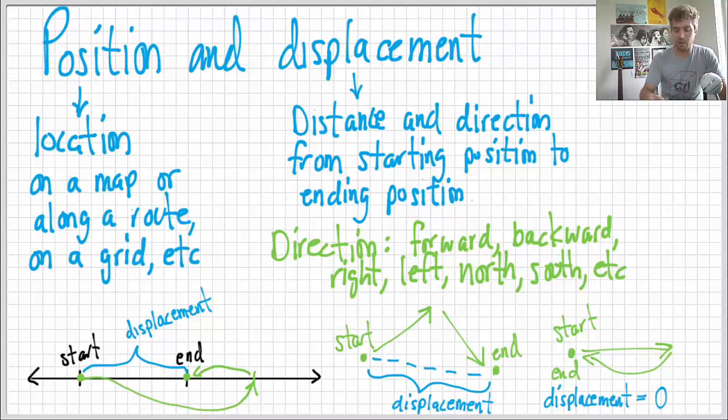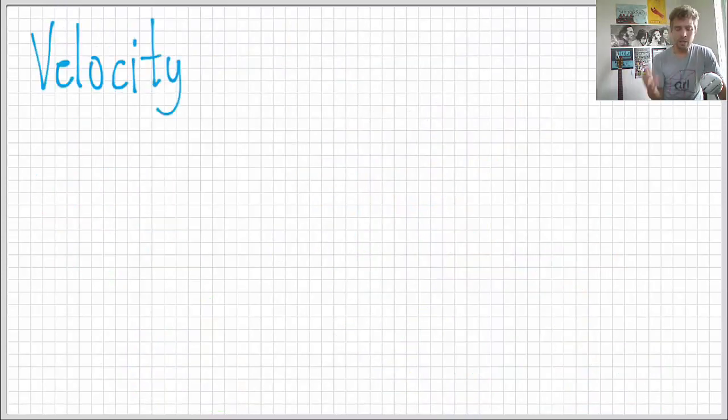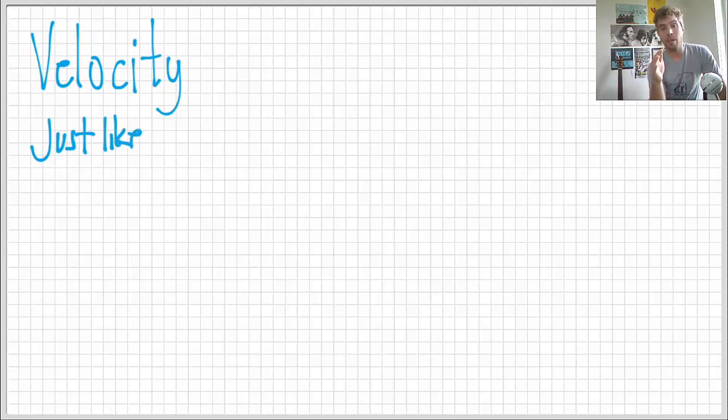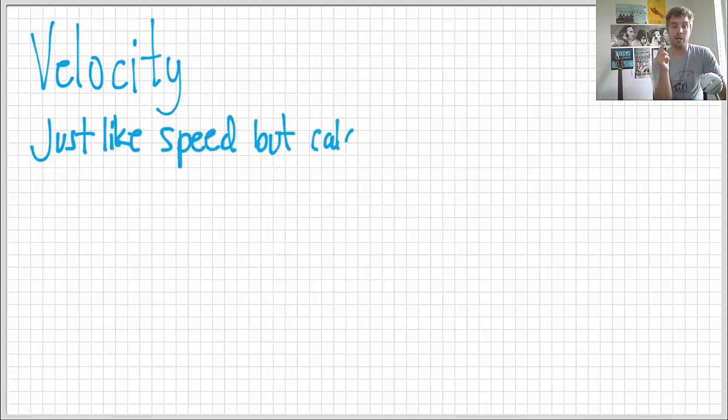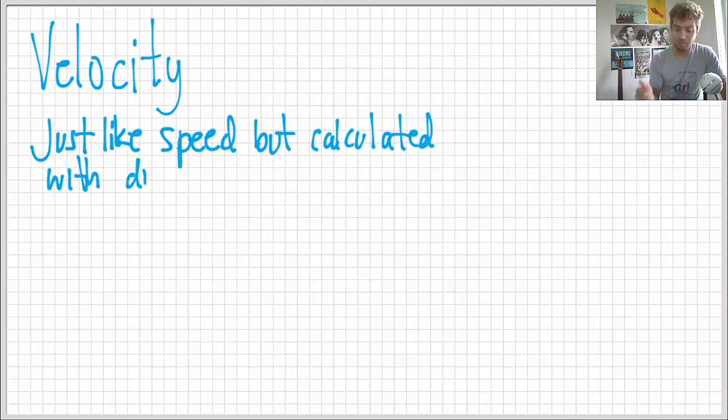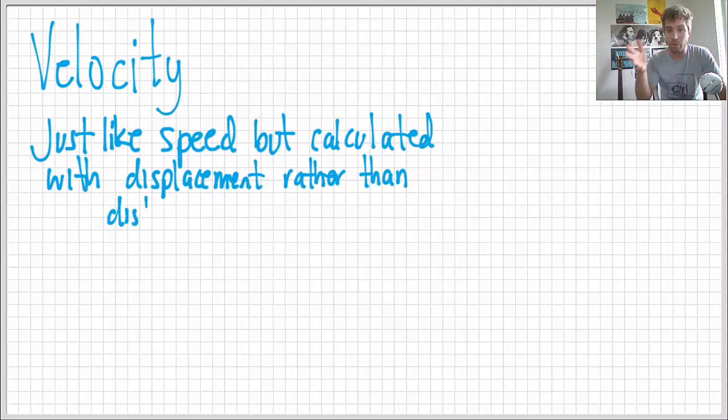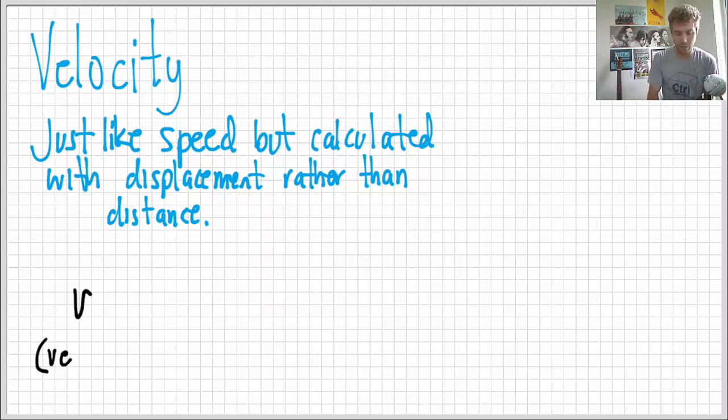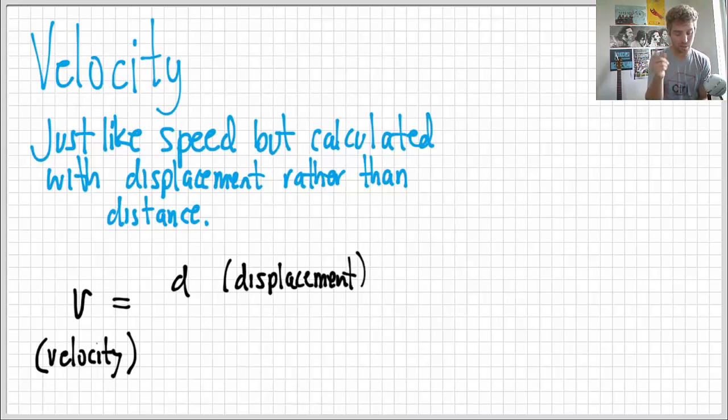So now we can talk about velocity. Velocity is easy. Once you've covered speed and displacement, velocity is really easy because it's exactly like speed. It's distance over time, but instead of using distance, we use displacement. So you have to take into account the starting and the finishing and which way we were going. So we have v for velocity equals d for displacement, not distance,